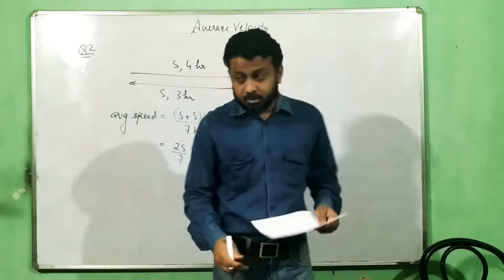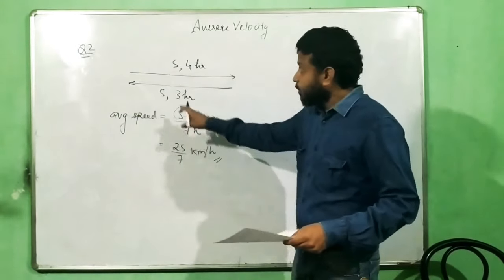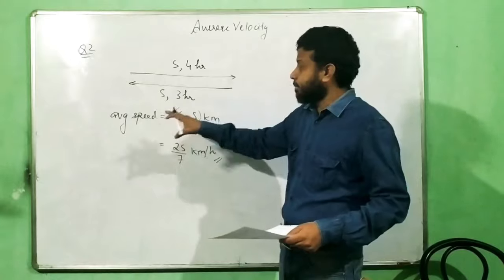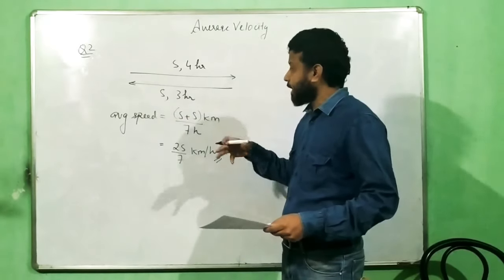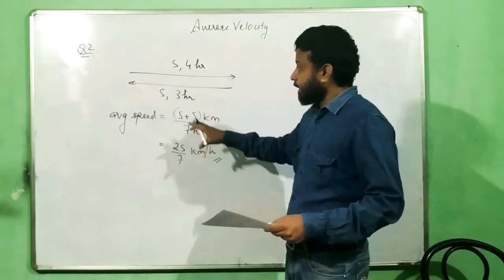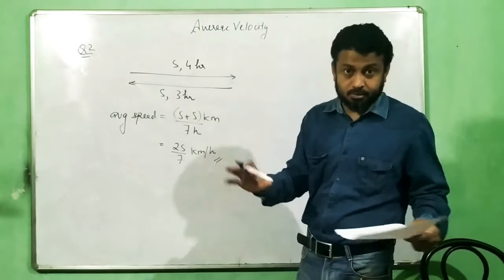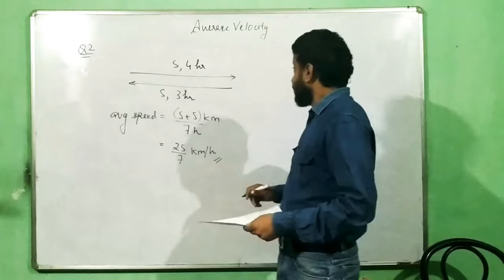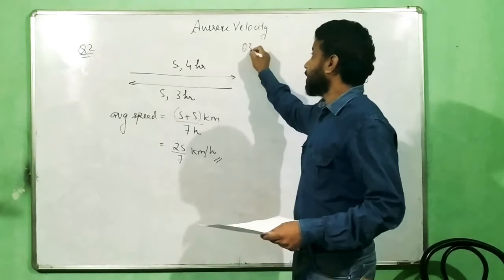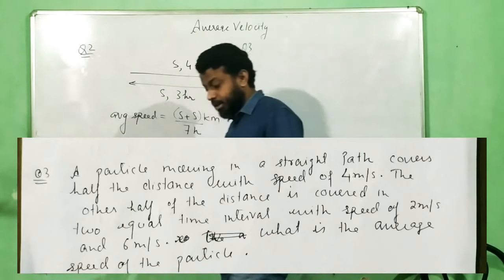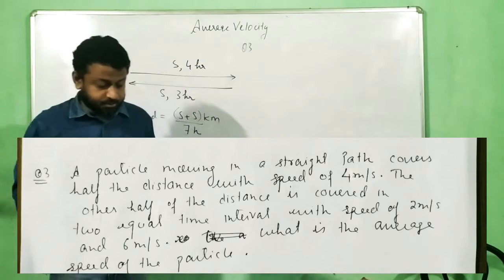Moving ahead with question number 3. I would like to make a note over here. Please think over why I am saying this, and it's very easy to get the answer. In this case, the average velocity in question number 2 will be 0. Okay, think about it. Then go to question number 3. It's again on your screen. Pause the video and read the question. This question number 3 is very, very important.